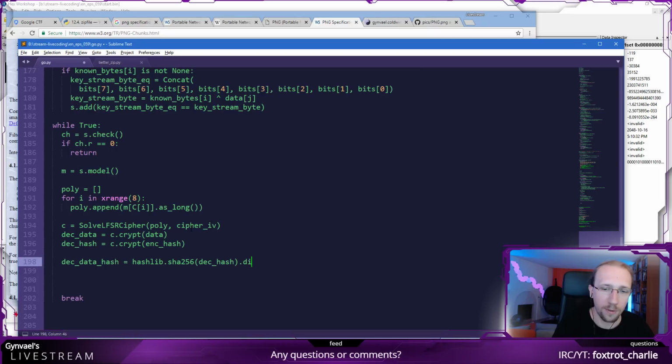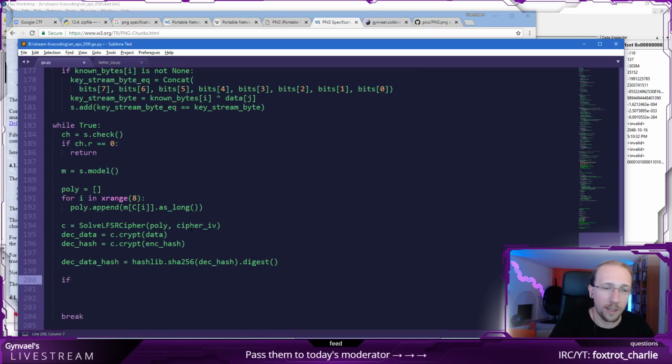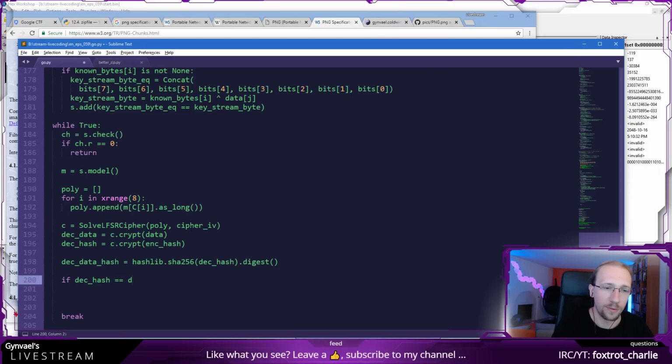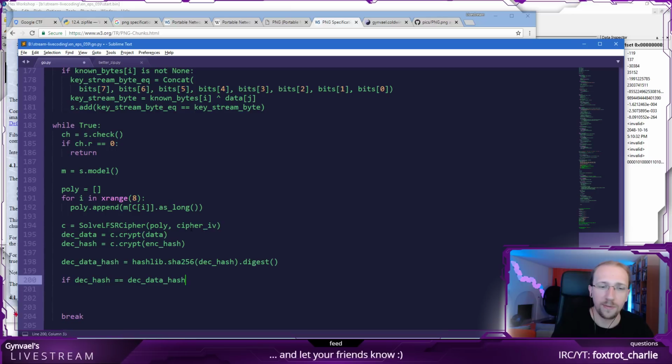And we get the digest, of course, which is the hash, right? And now we check if the decrypted hash is equal to decrypted data hash. So yeah, if the decrypted data is the same as this, because if it is, that's it, solved.